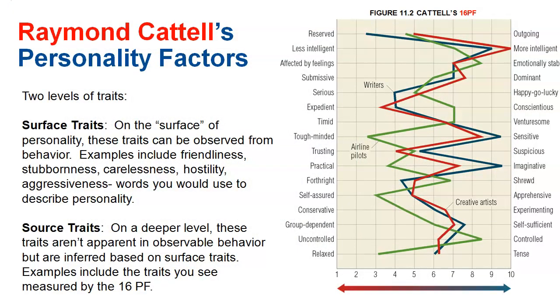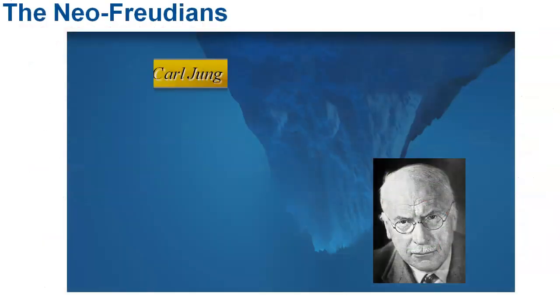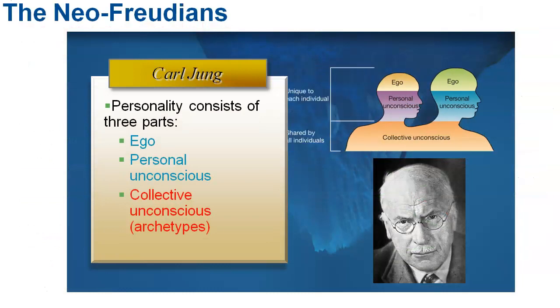Then we get into Raymond Cattell, and Cattell is the one that had the 16 PF, the 16 personality factors, when looking at what makes up our personality. And then finally, we have the Neo-Freudian Carl Jung, and he had the idea of the collective unconscious. It played off of Freud with the idea of the unconscious, but he took it further, saying that there's this collective unconscious that everyone shares, and then certain archetypes. And that